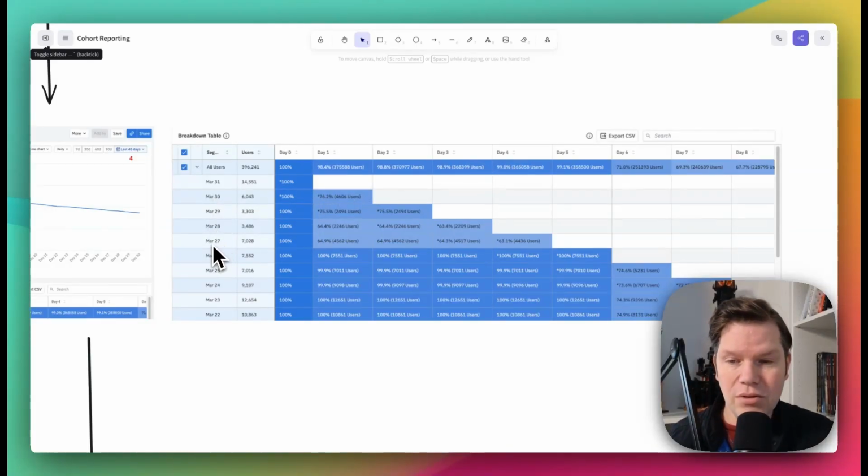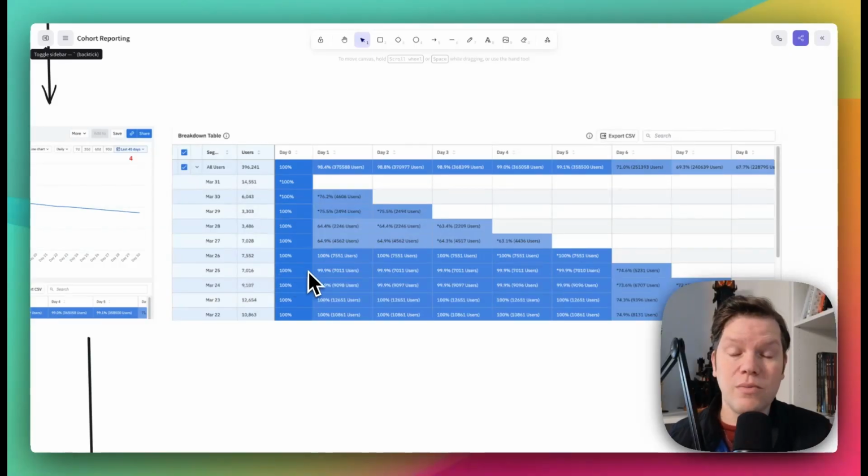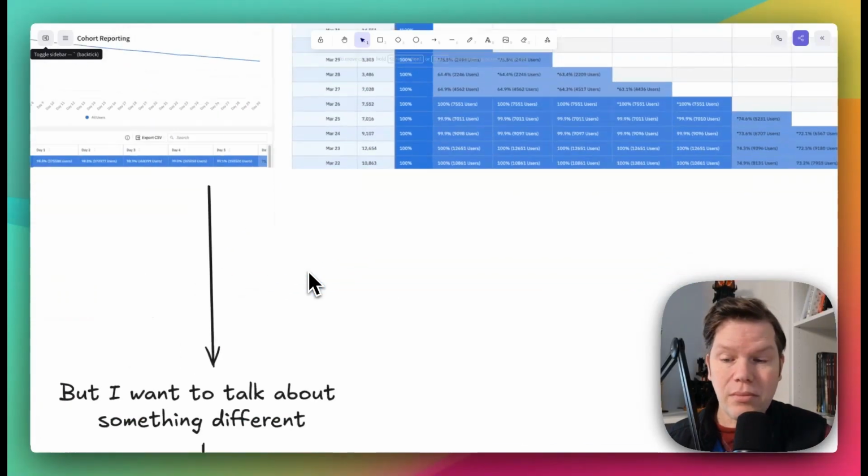Everyone who started on the 27th of March, we compare over time, how they progress over different days, and we compare them with similar days for other cohorts of people who started on other days. It's a very powerful tool, but I won't explain what these two types of reports do because we want to cover something else. So